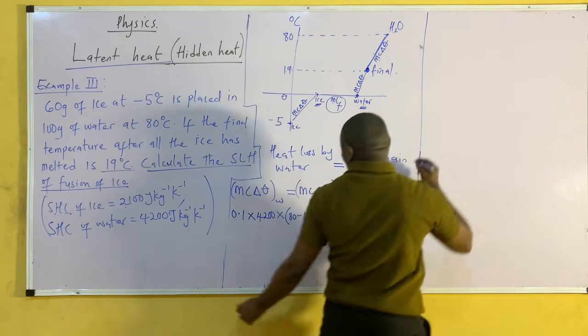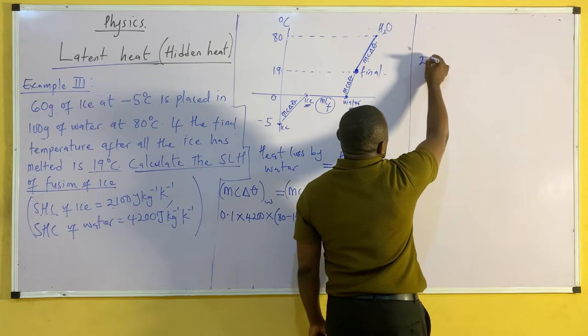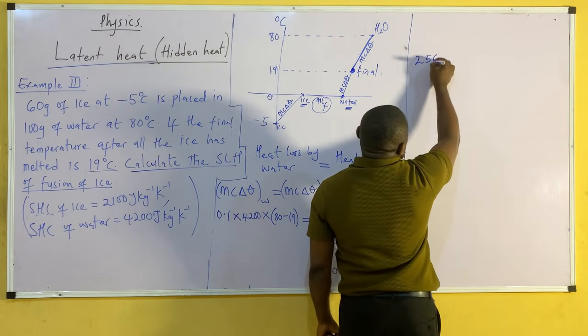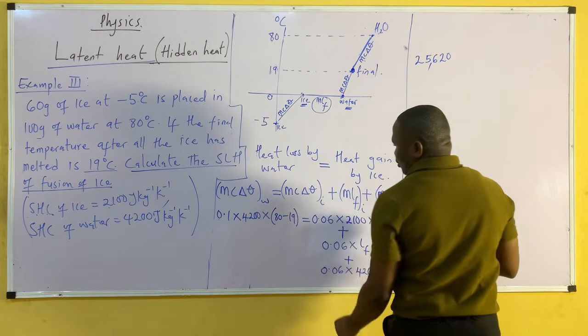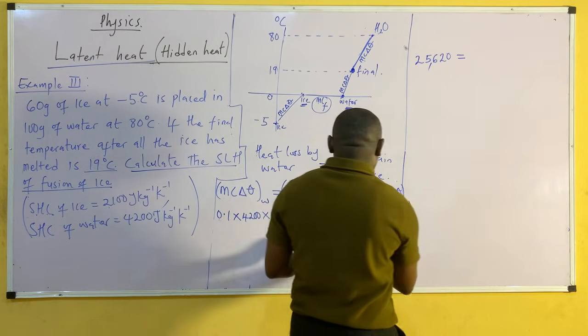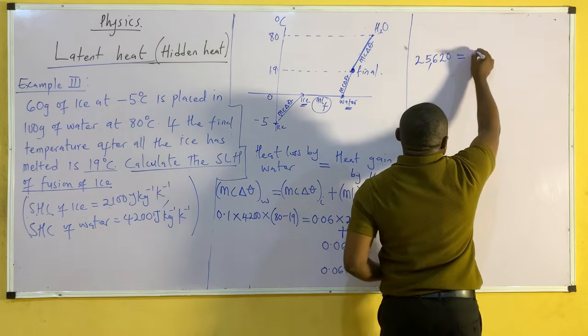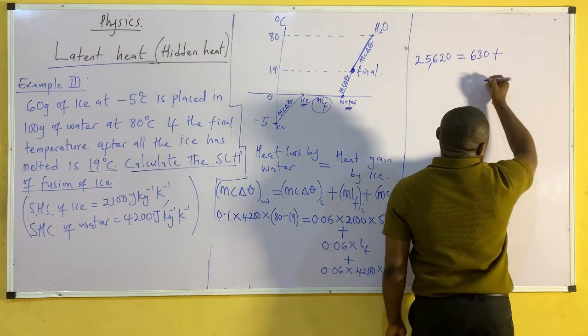For everything here, I will have 25,620, which is equal to everything here. I will have it as 630 plus